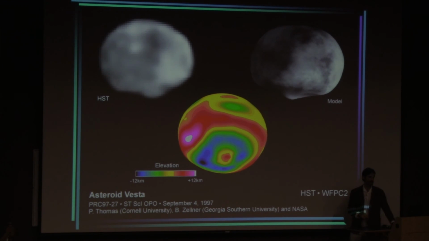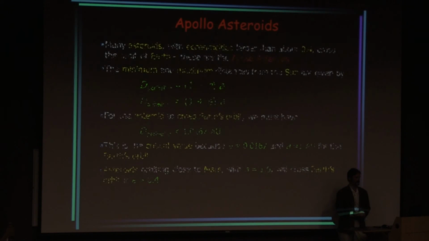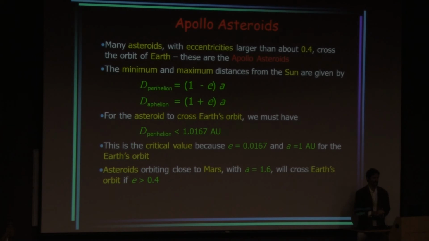So we rely on longer distance photography using Hubble, and the raw Hubble image is pretty spotty looking up there in the left-hand corner. But if we do computer modeling, we think the surface looks something like the upper right image. Pretty weird shape with a mottled surface, probably again due to radiation darkening because of billions of years floating around in space. All right, so let's talk a little bit more about the Apollo asteroids. I already mentioned the Apollo asteroids are the class of asteroids